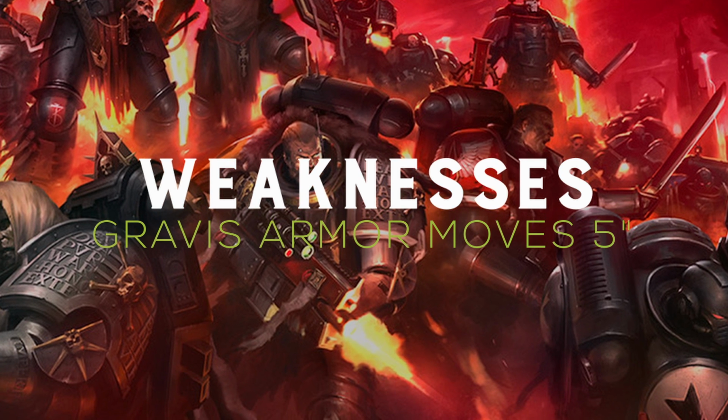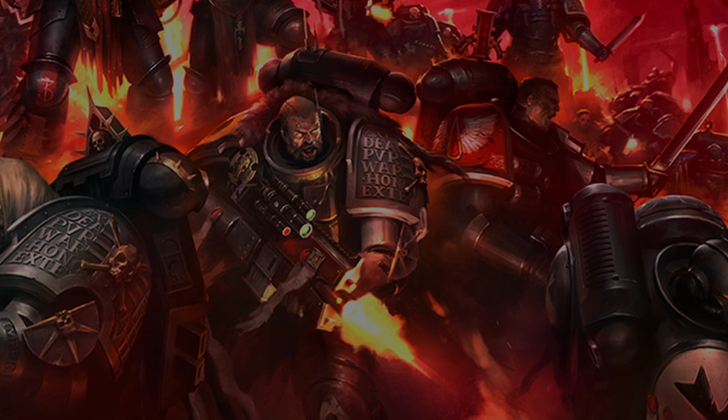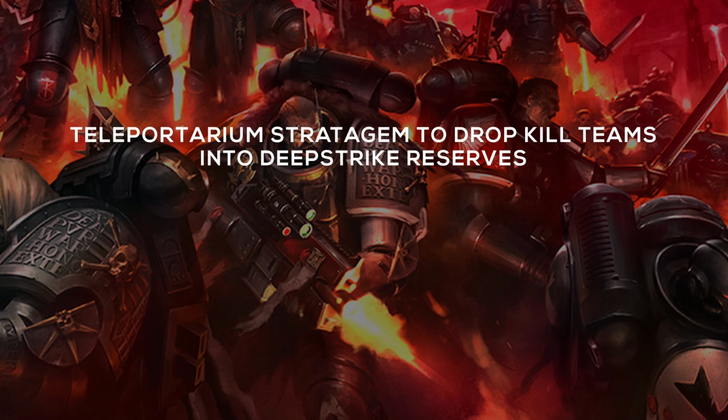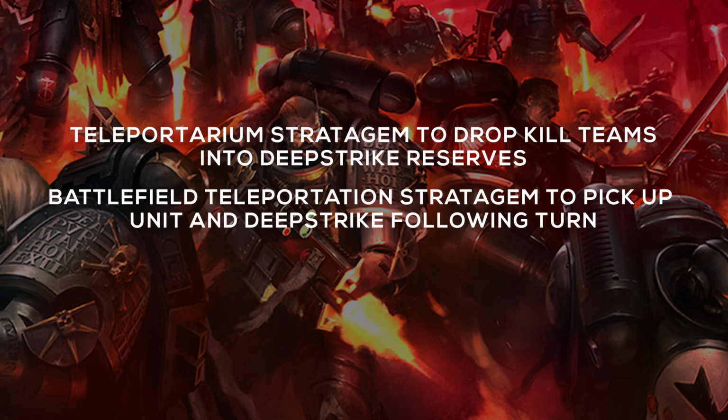If this list has one weakness, it's mobility. Luckily, the Deathwatch have a few tricks up their sleeve to alleviate that vulnerability. First off, you can put 1 or 2 kill team squads into Deep Strike with the Teleportarium stratagem for 1 or 2 CP respectively. The Army of Renown has an additional teleport strat with Battlefield Teleportation for 1 CP, letting